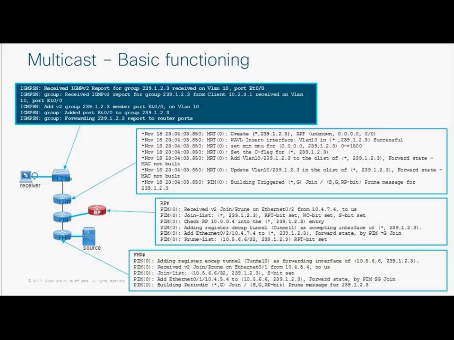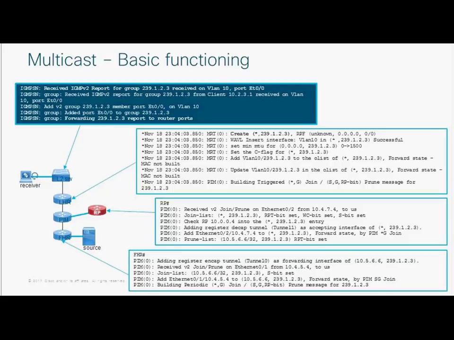Okay, yes, I am. It's encapsulating the register, okay, because at the same time we are receiving from the source, from the first hop router, an encapsulated packet saying that we have a source for that group that we have already received. So in the last line from the RP, you can see that we have a